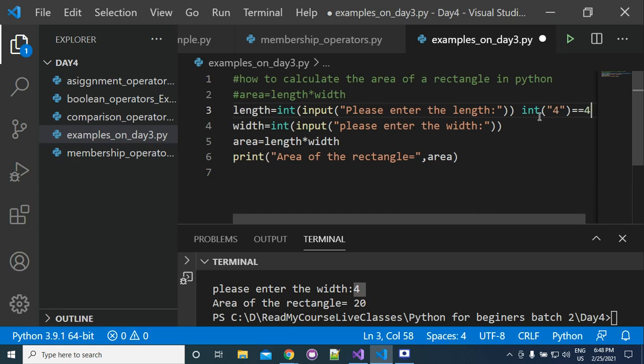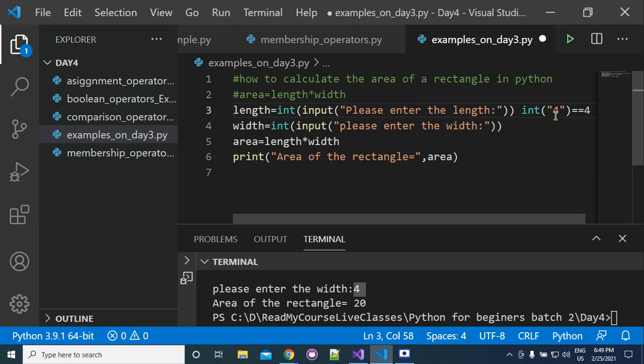Is it clear? We use the input function to take the value from the user, but whatever the user types will come in as a string. Now you need to convert that to integer, otherwise you cannot perform multiplication with two strings.